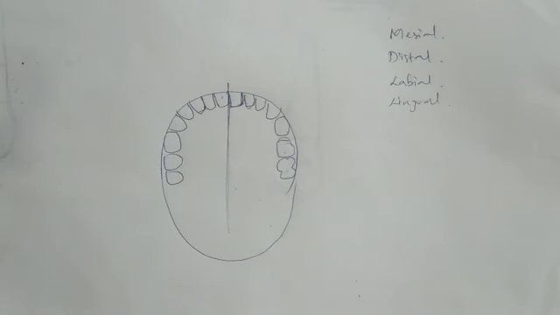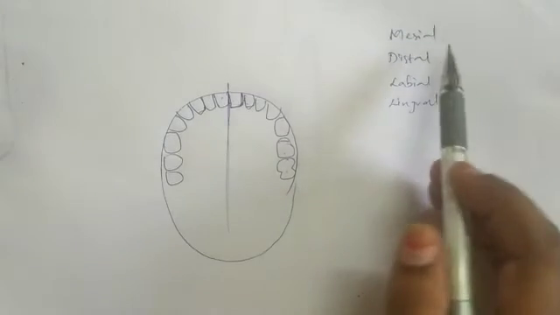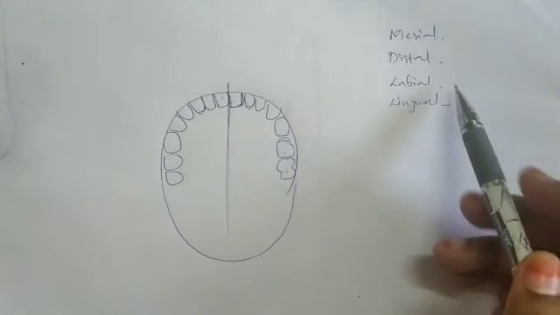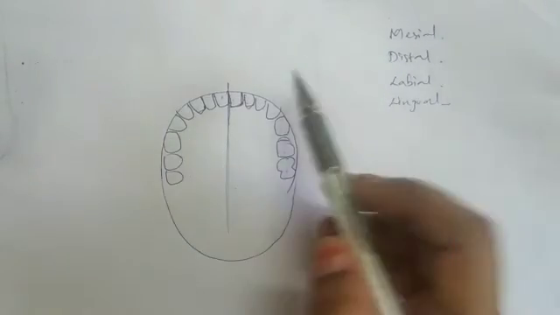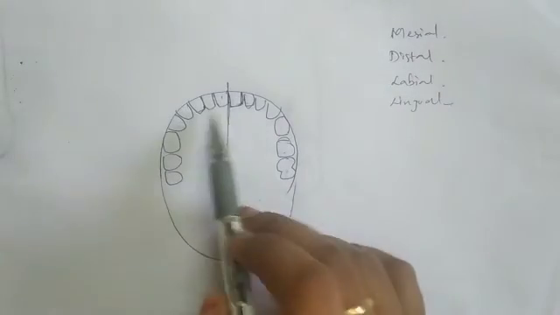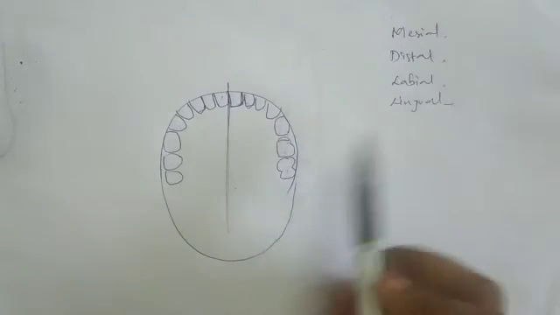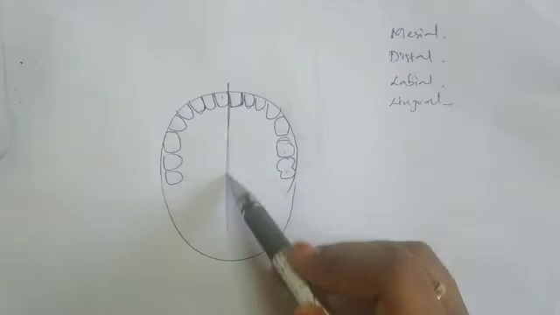Before going into the topic, I want to explain some basic concepts about the terminology, like mesial, distal, labial, and lingual aspects. Suppose this is the oral cavity. We have the teeth: the central incisors, laterals, canines, premolars and the molars. If this is the midline,